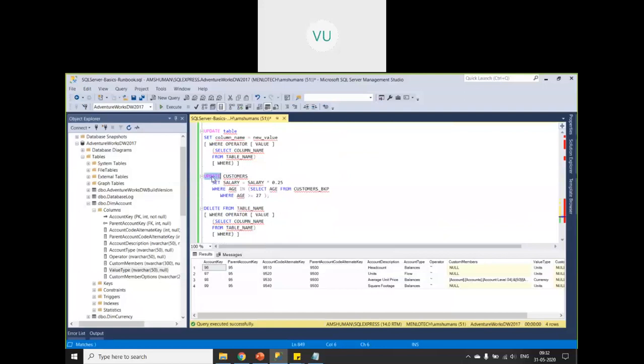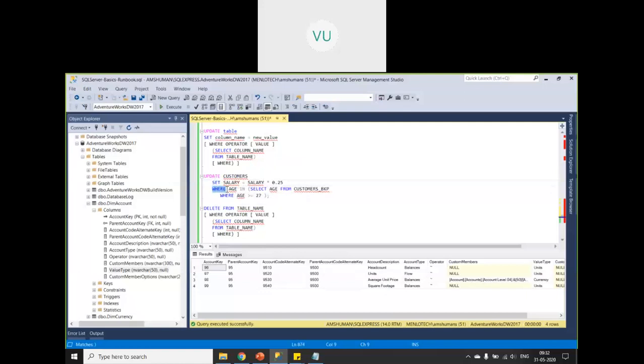So we have seen nested subquery. Now update, what is the syntax of update? Update keyword, table name, set some column name equal to some value. How to deconstruct: update this table, set salary equal to this one, where this condition is matching.